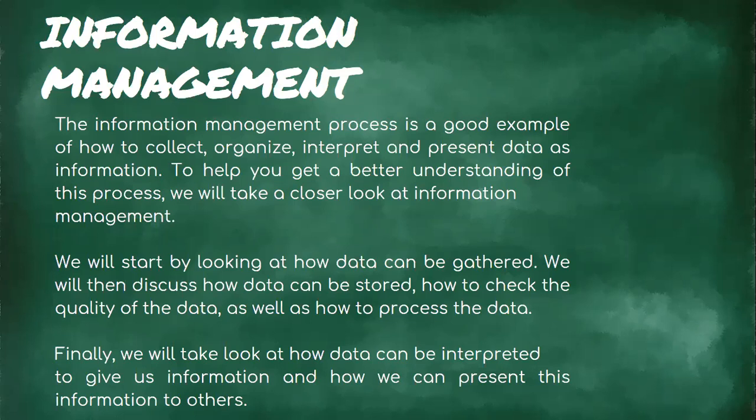The information management process is a good example of how to collect, organize, interpret and present data as information. Like I said, data is raw facts. We need to organize that such that it can reveal meaning to us. In such a way, the end product of processed and organized data is called information. Information management as a process is a good example of how to collect, organize, interpret and present data as information. To help you get a better understanding of this,